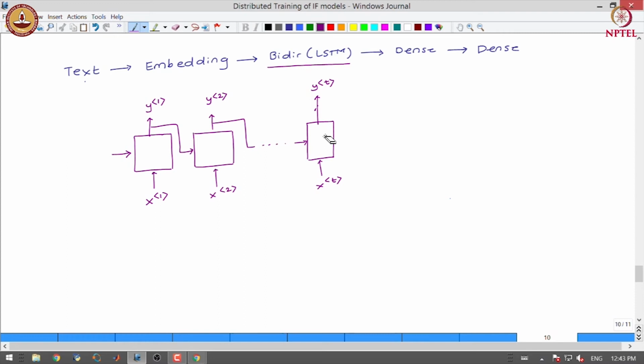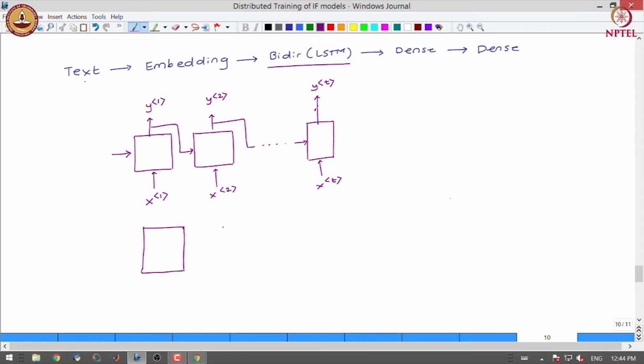This is the forward pass because the output of the ith position is being used as a recurrent connection in the i plus 1th position. For example, the output of x 1 is being used as a recurrent connection for x 2. So, this is called the forward pass.